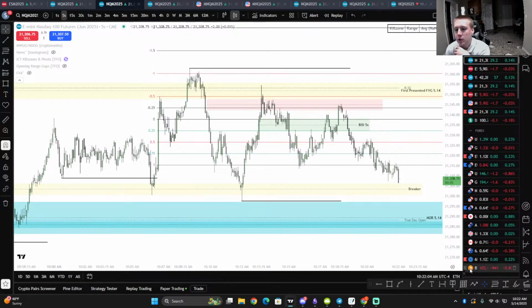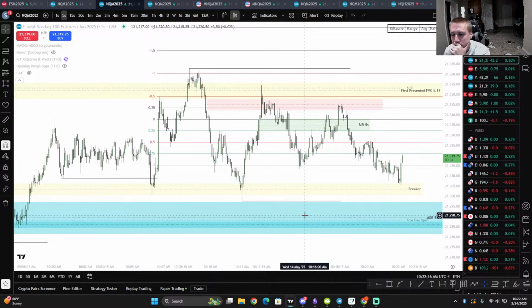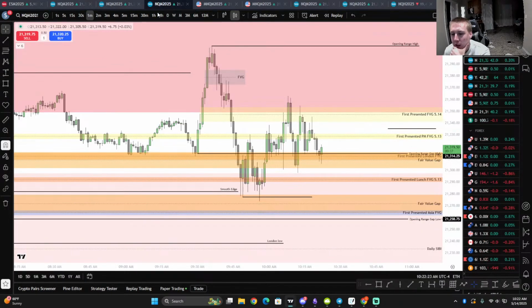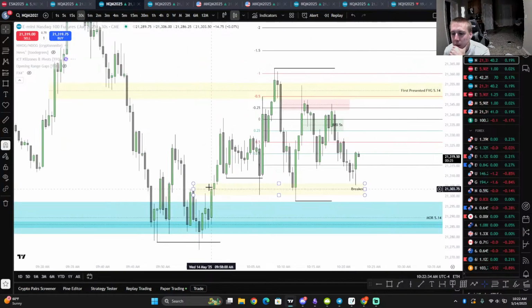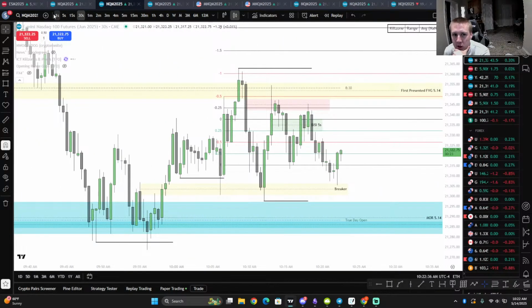Okay, now let's see if we trade the sell side here. See how we're right back within the range. See how that would be problematic if you were in a short. I mean, this is a 5-second chart, so you kind of want to give it some leeway, but still, that's how you get really refined here. Like a 30-second would be a little bit better. But honestly, this 5-second chart's